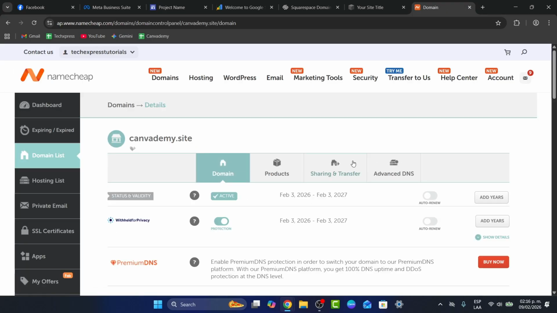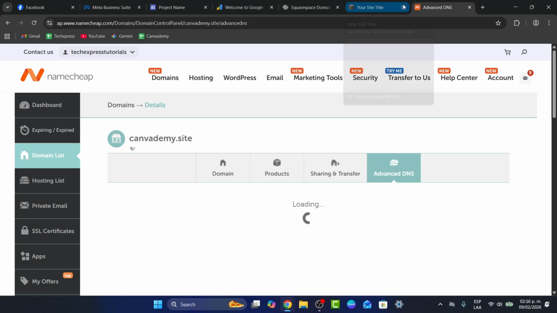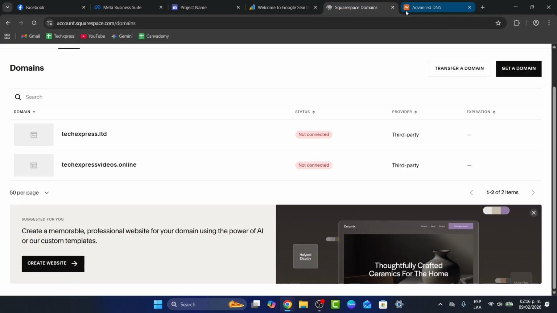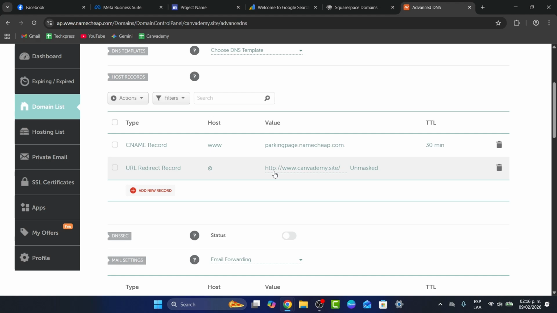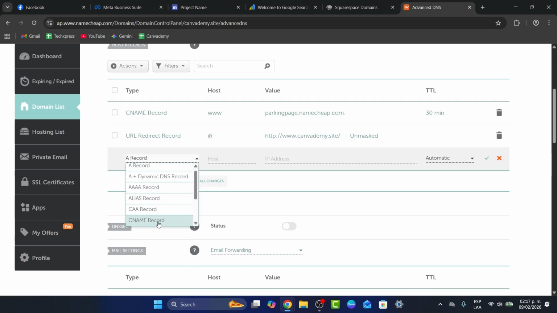You don't have to worry about that. Just make sure that when you click directly into the DNS settings, you are inside Squarespace. And it's going to appear something like this. So what I need to do, of course, is to choose the option that says add new record, add a